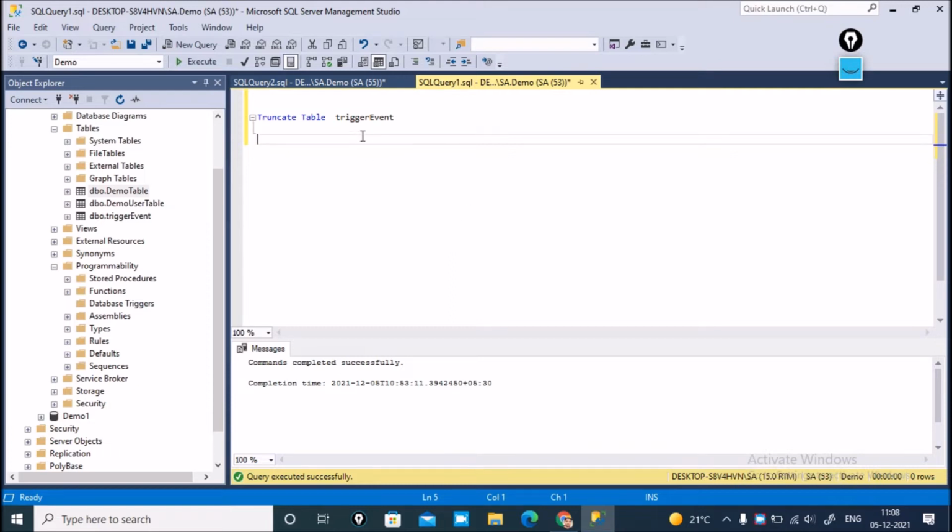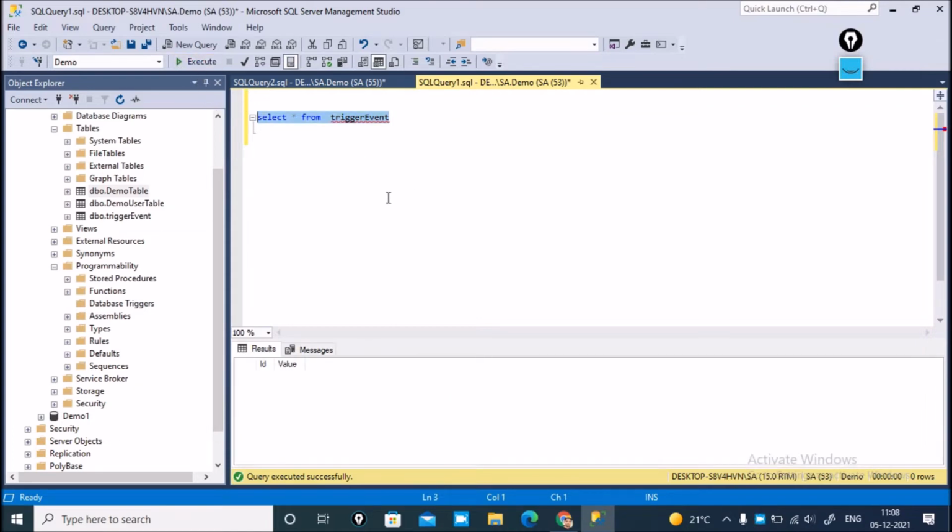Let's start. Suppose I have already created a table. The table name is trigger. Select star from it. I have already created it for time saving. Trigger is a table and contains two fields, ID and value. Similarly, I have another table.